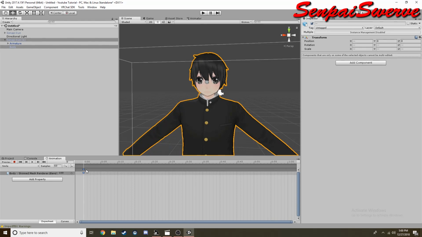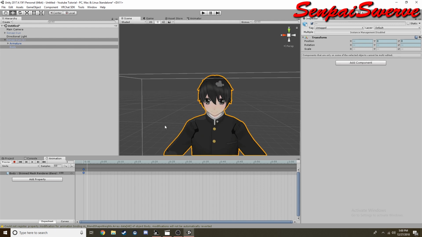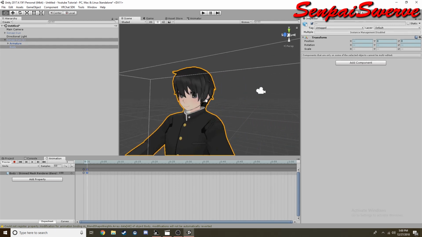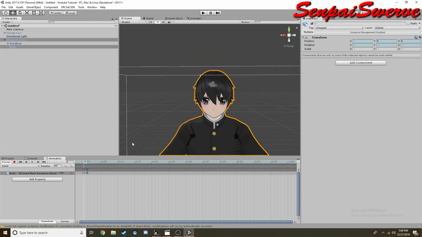And then you're going to click on this shape key, Control C, move this over just one keyframe, and then Control V right there. And there you can see he's got a little smile. And as long as this animation is active, he'll be smiling. So that's basically as simple as an animation can get. You can go in here and mess with all these different